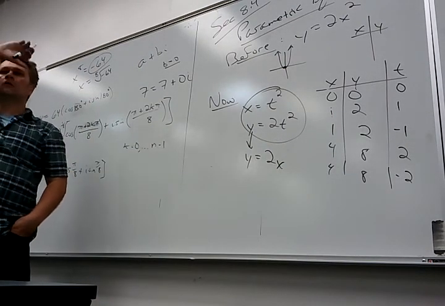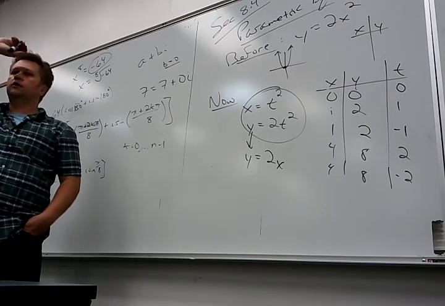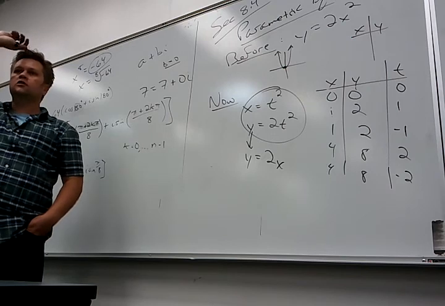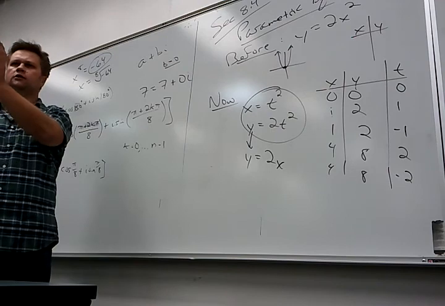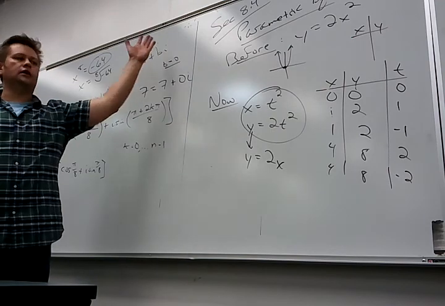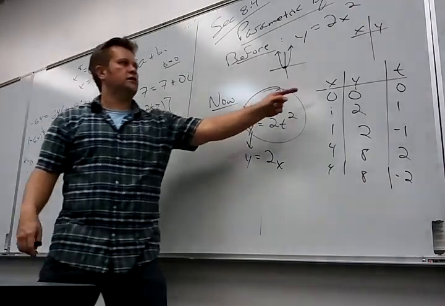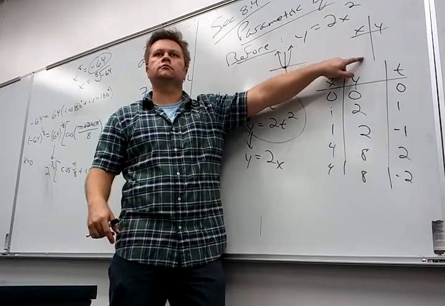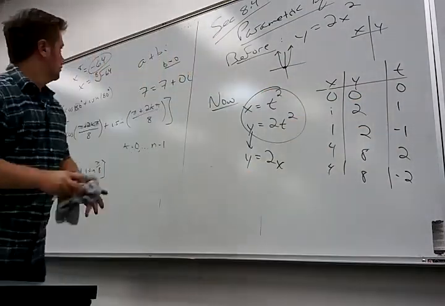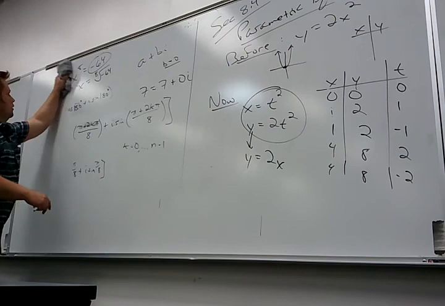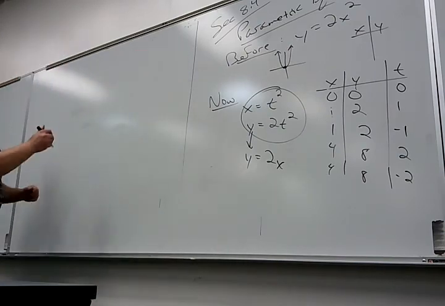Say again? How do you get negative 1 on T? Because T can be whatever I want it to be. T is my input variable now, so I can make T whatever I want unless they give me some restricted domain for it. Here I didn't tell you what T could be, so T could be anything. T is just like X used to be. Here, what can you put here? Anything you want. So here I can put anything I want to. So they get a little more interesting when you do stuff like